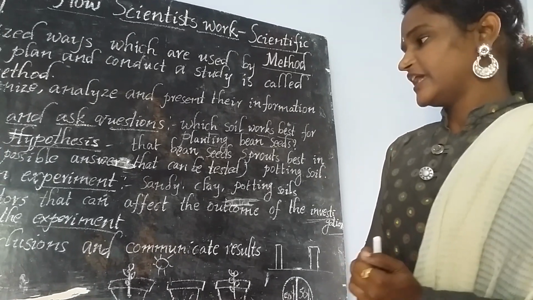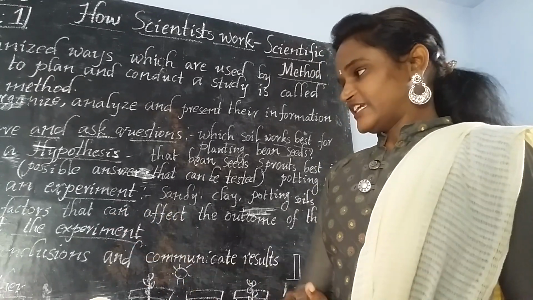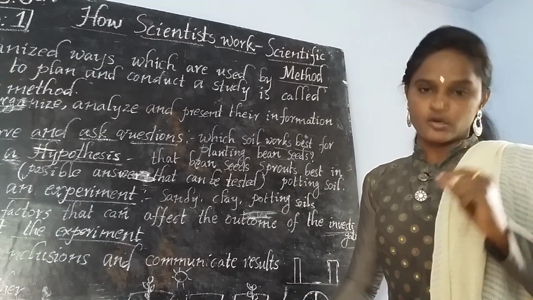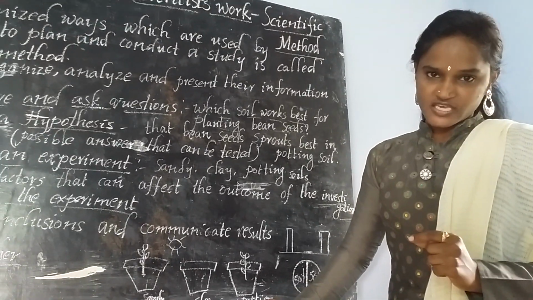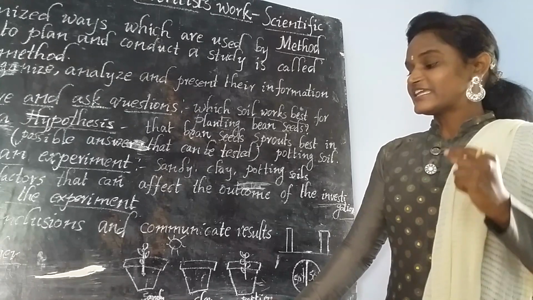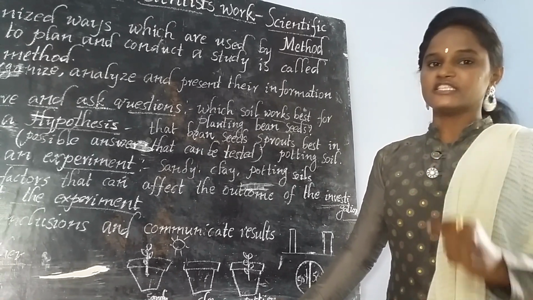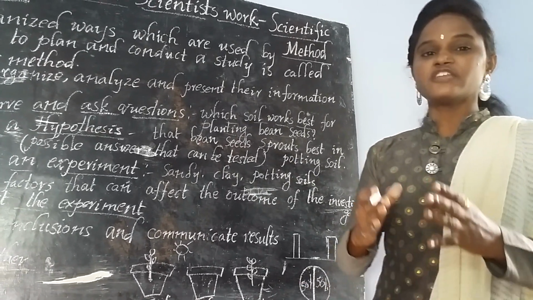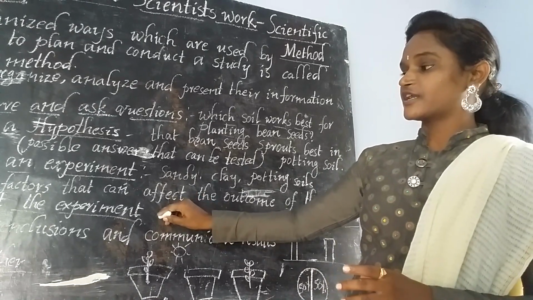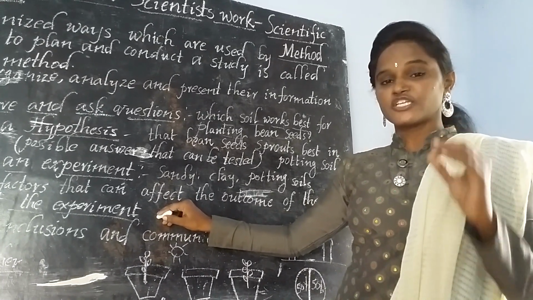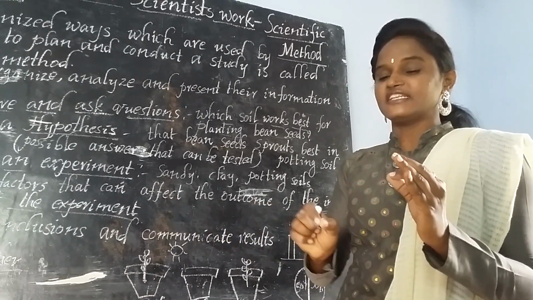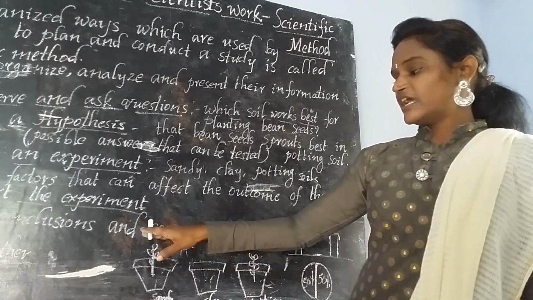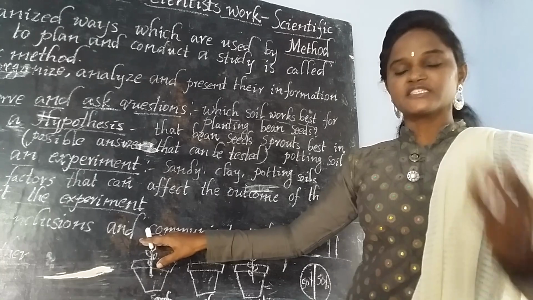Okay, is it clear? While we are conducting the experiment, we must note down each and every point: what different changes are taking place. It is very useful for giving information about the result. That's why while conducting the experiment we must write down each and every change occurring in the flower pots. It is very helpful when we are expressing the result.